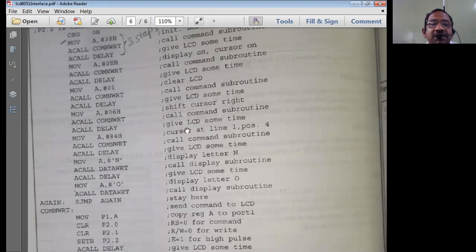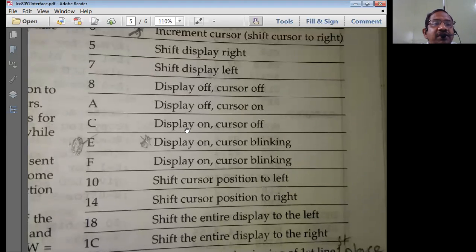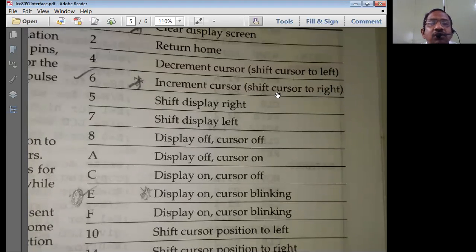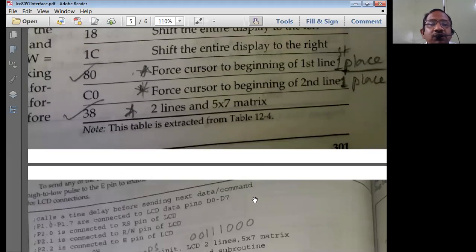Just now we have seen in the previous slide that 06 is a command to increment the cursor and shift it to the right. So whenever we execute 06, the cursor will be shifted towards the right.